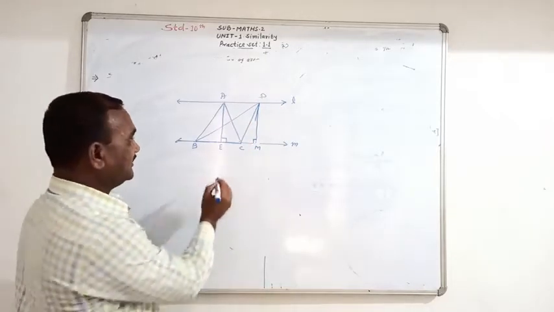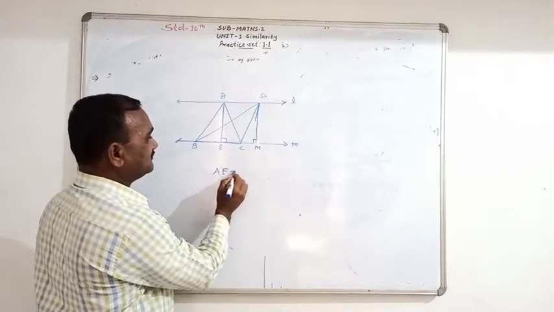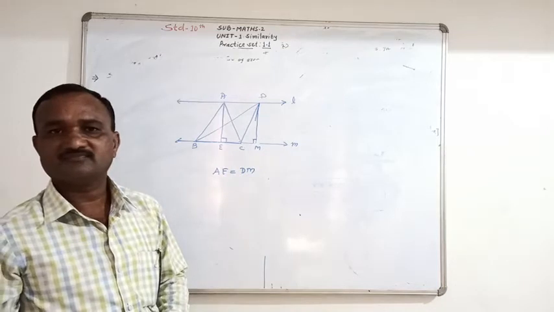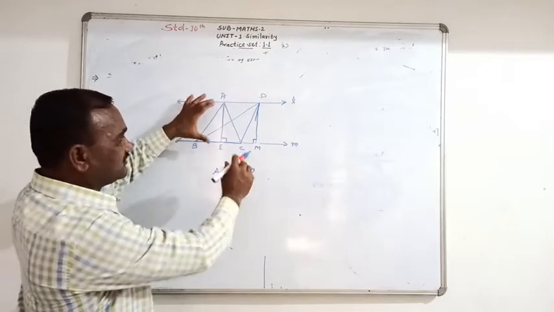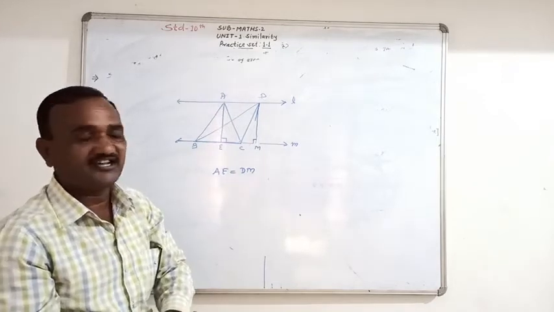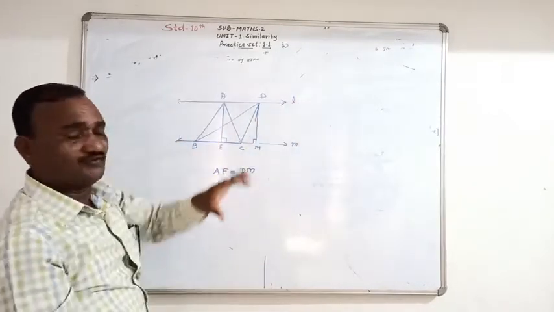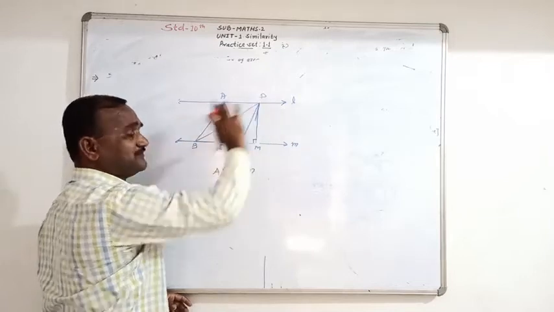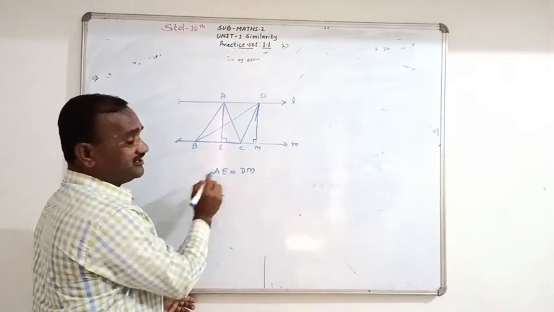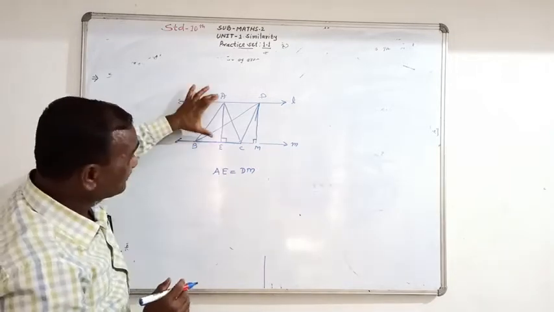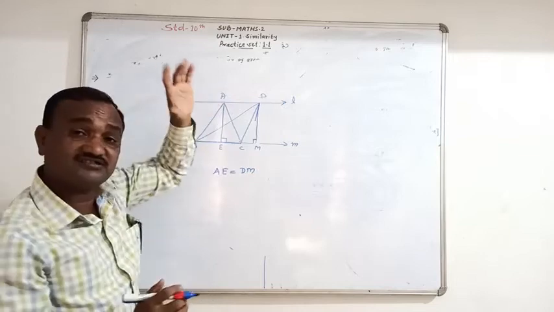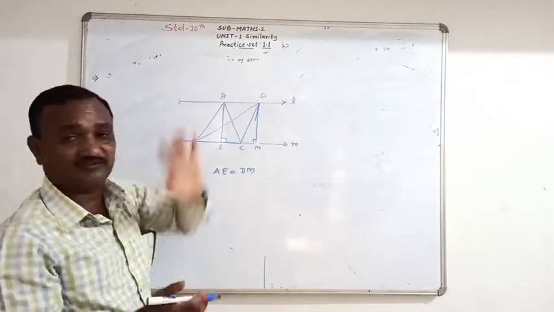Can you say that AE equal to DM? Okay, so yes, AE equal to DM because this is the perpendicular distance between two parallel lines, where you can measure it, that is same. So AE equal to DM because this is the perpendicular distance between these two parallel lines, where it is measured, that is same there. So AE and DM are equal.